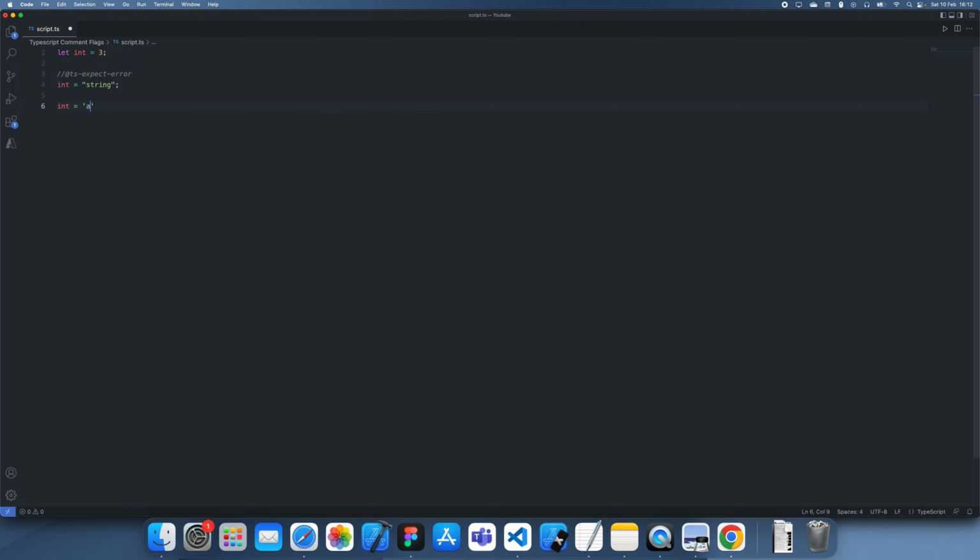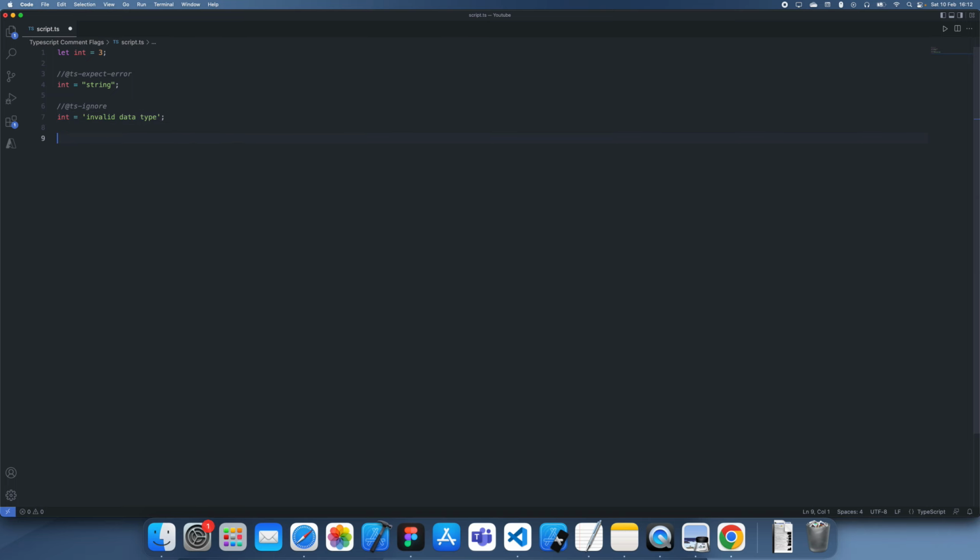You'll see if I try and make this happen here, we're still going to get an error here. But if I use TS ignore, what that's going to do is essentially just ignore whatever's underneath this. So if this is valid, it's going to ignore it. If this is an invalid line, it's still just going to ignore it, and it's basically so that this never gives you an error. This can be useful if some specific code is just always giving you an error, like in a module, and you can't fix it yourself, but it still works perfectly fine. You can just use the TypeScript ignore flag,